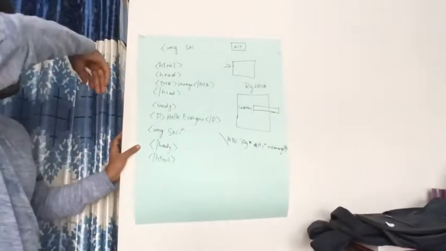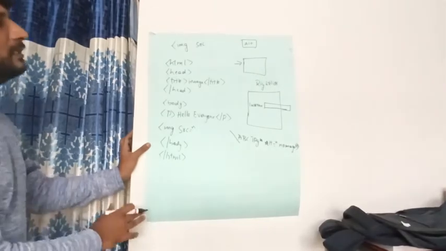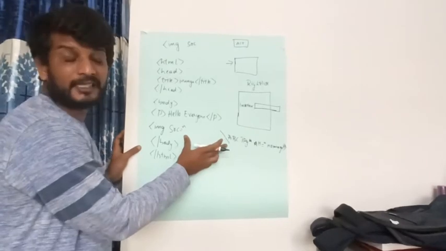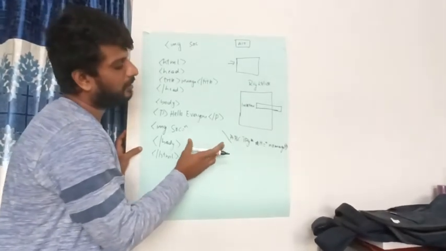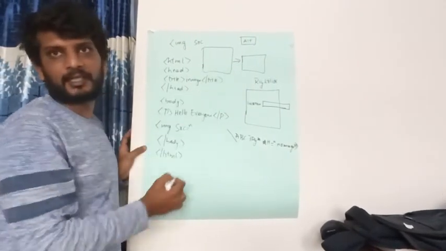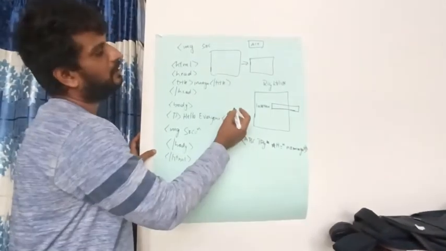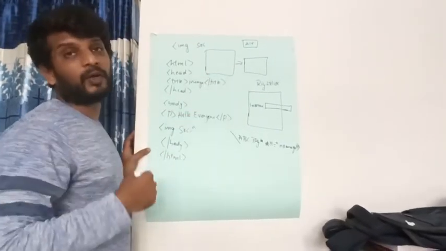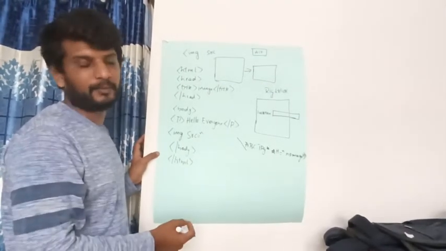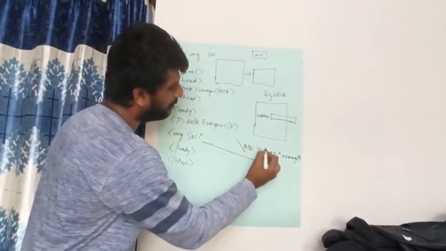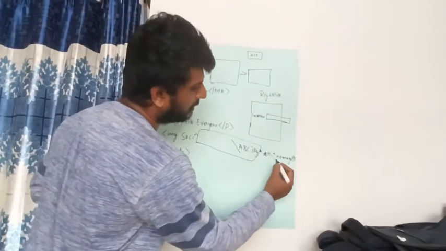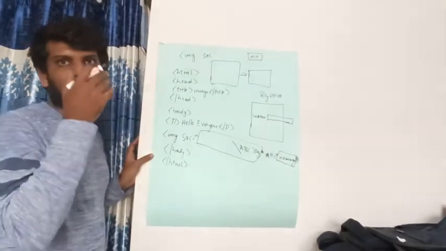When you execute this particular program, whatever image you have made use of, or whatever location you have pasted or typed over here, that image will appear on the monitor screen. Suppose you change the location of that image, that is, you cut and paste that image in a different location, or if you delete that particular image, the image will not be found in this location. At that time you will get the message no image.